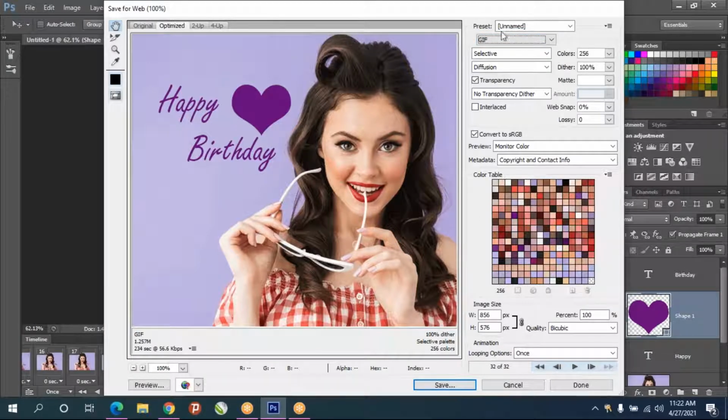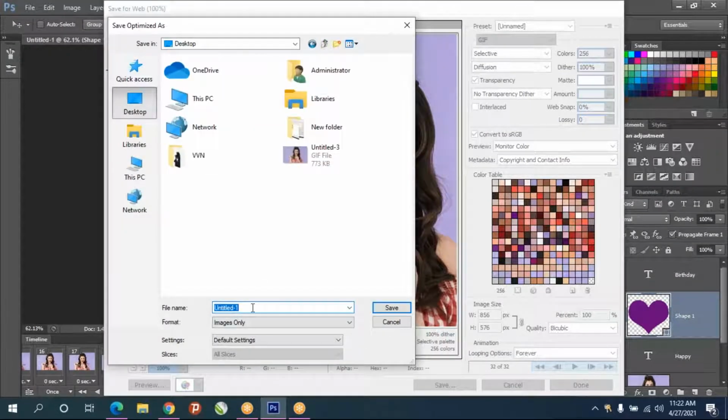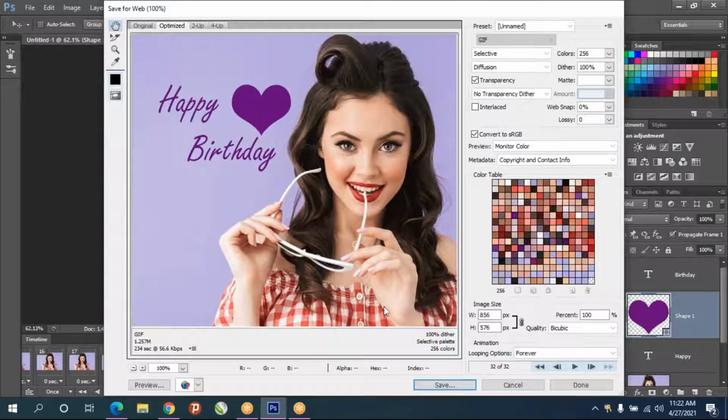And in the bottom you have to see only two things, GIF and looping option you create forever. And once it's done, give save and choose the location where you want and give some name for that and save it.